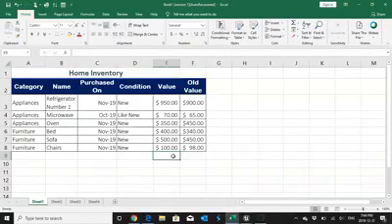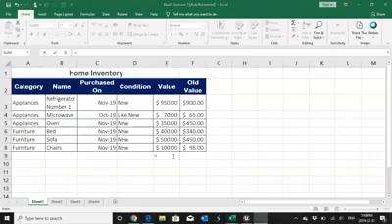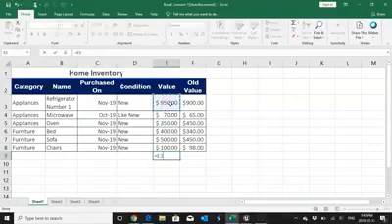The basic thing to remember is that any formula or function we start in Excel, we have to start with the equal sign. As soon as you apply the equal sign, we can start making the calculations. So I want to do the sum of all the values. After I apply the equal sign, I'll select the cells which I want to add up. So I'll select E3, I'll do plus.